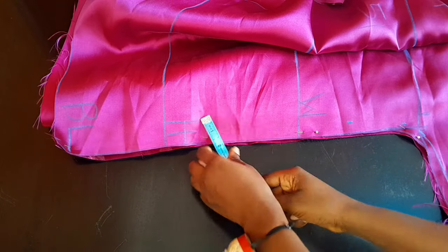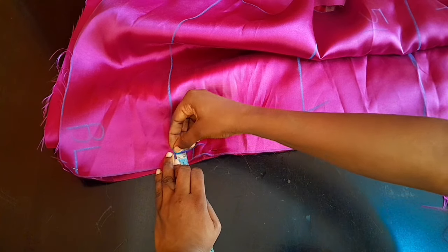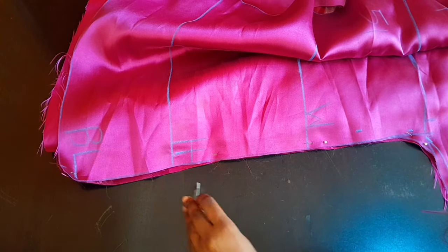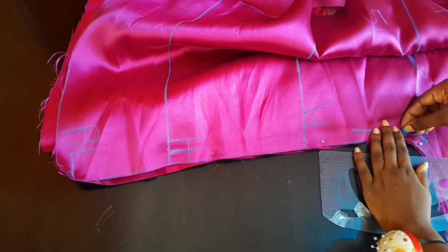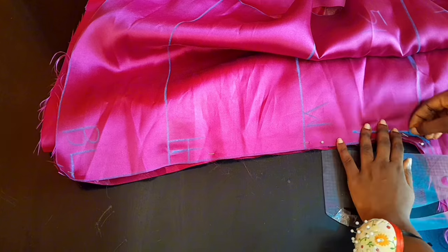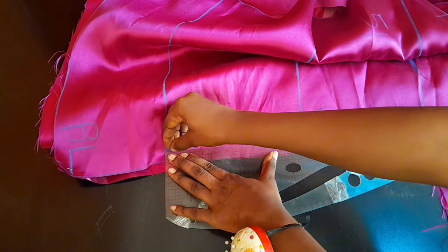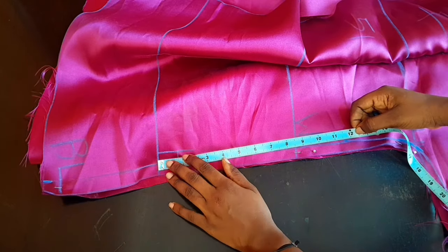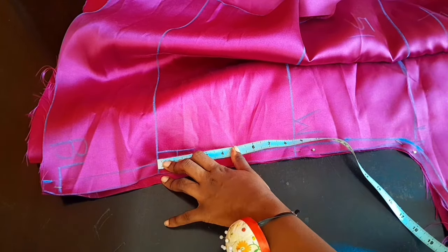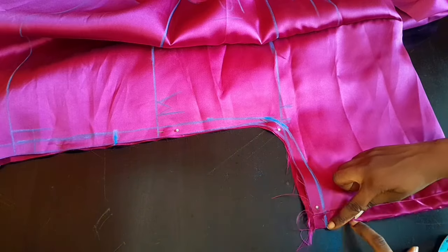I'm going to mark the same thing. In fact, it's because of that side string that I decided to make the sewing allowance 0.7. I need it to be reasonably wide so my strings can stay comfortably in there. 0.5 will be too small, and I didn't want it to be too wide as well. I didn't want the casing for the string to be too wide because of the armpits, that curvy